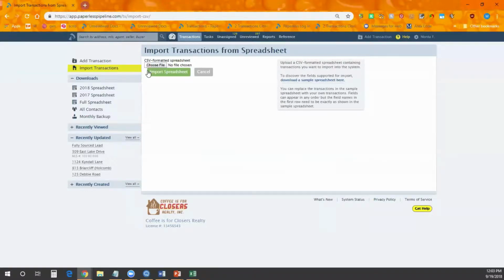Or maybe you're moving from a paperless system already and you need to move them from that system into this one. Most systems will allow you to download transaction information. So if you download it from that system, then you can use this tool to upload it to Pipeline. Any scenario basically where you need to bulk upload a lot of transactions, that's what this